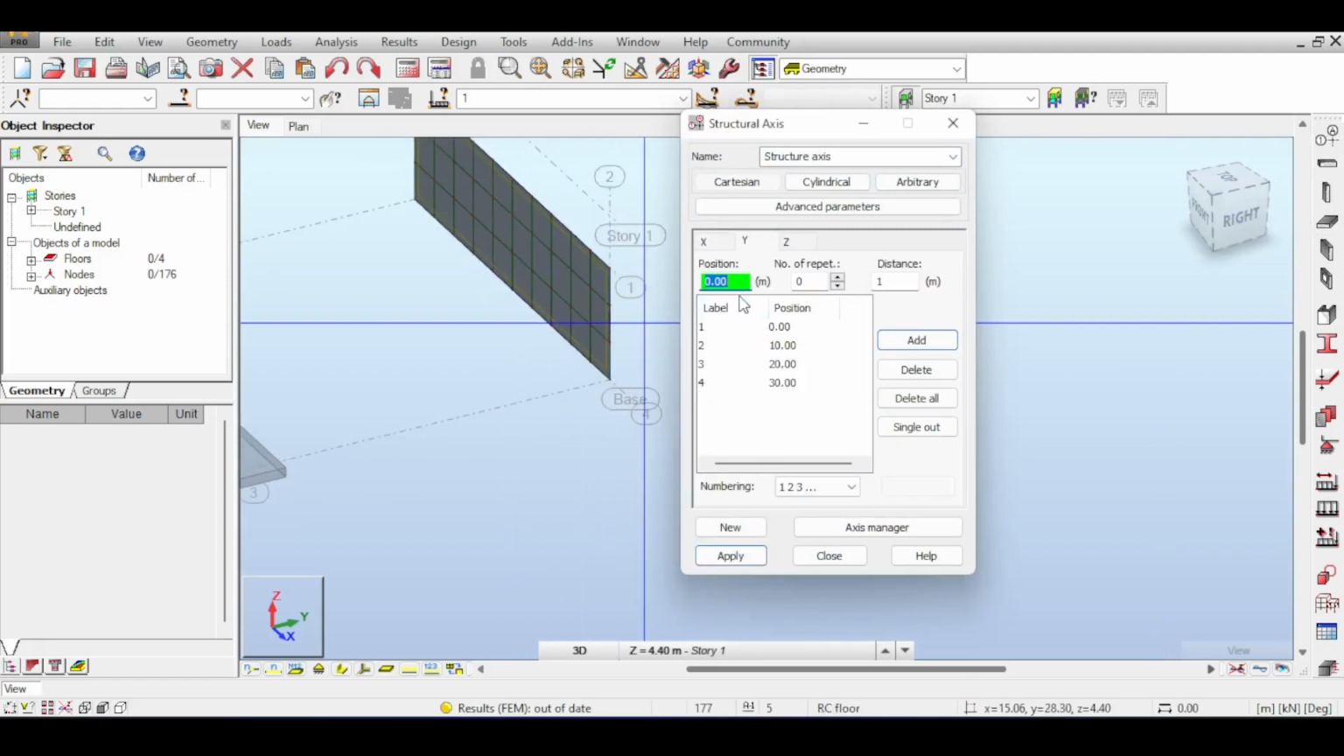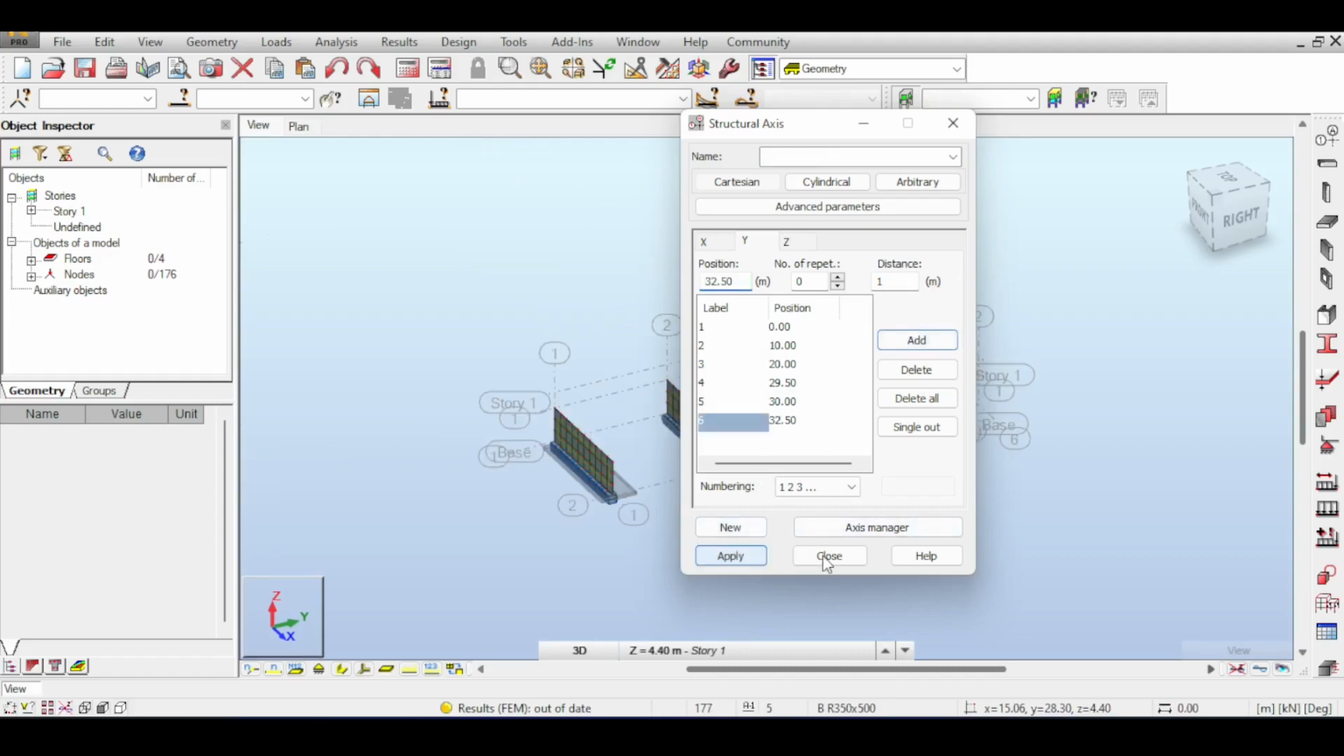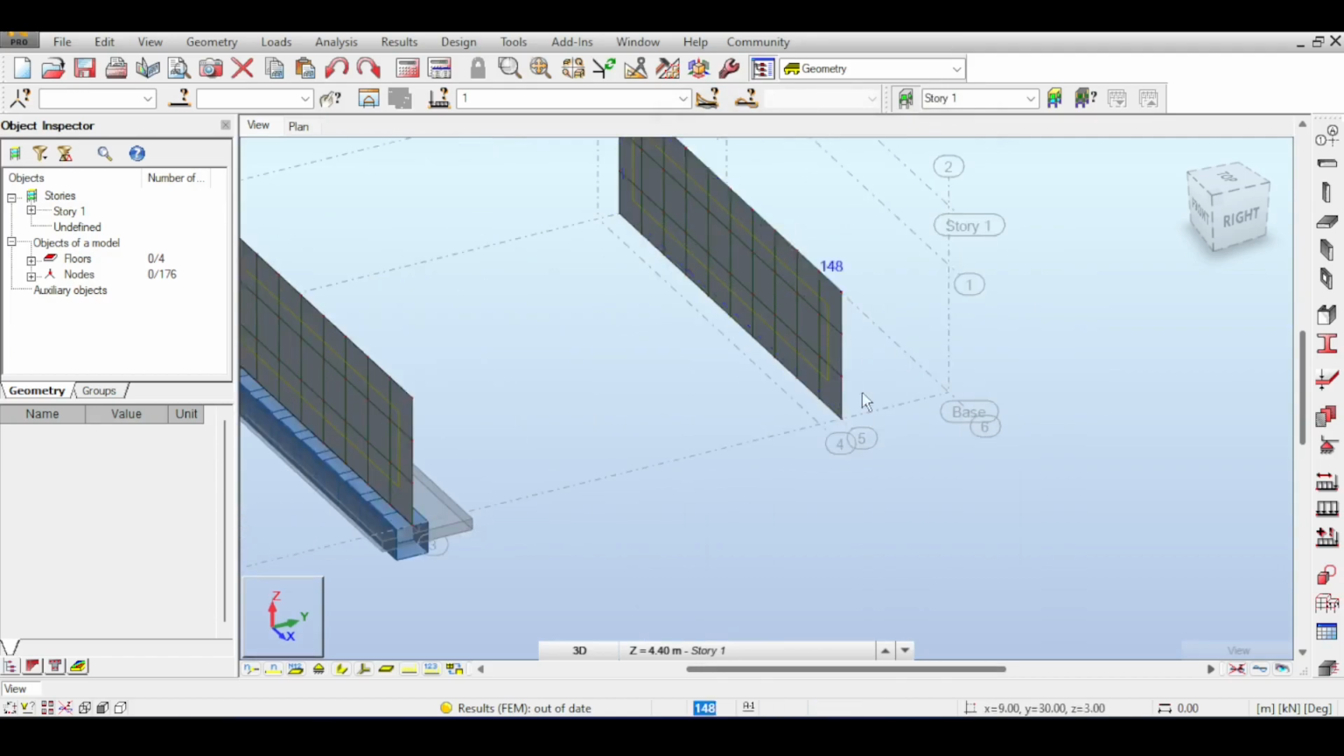Y was at 30, so I'll draw me a foundation that is 3 meters with half a meter on one side and the rest on the other side. So it's going to be 29.5 on one side, and it's 4 meters. So wait, it was 3 meters, I think. So 32.5, I hope I'm not messing it up. On the other side, just add that, apply, close, and now I have some contour, some grids where I can